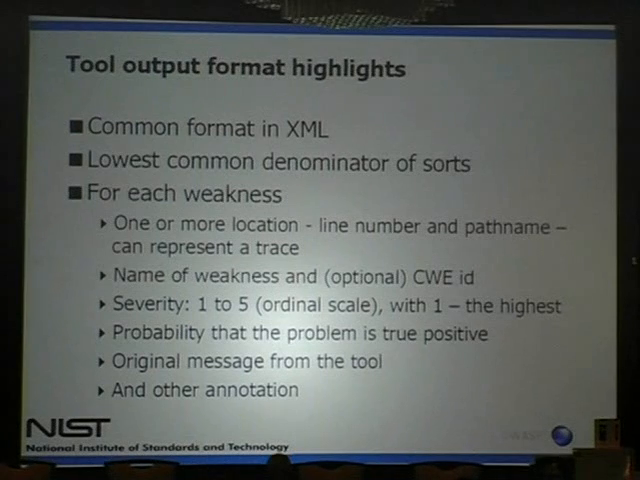In order to do the study, we had to have some common format. So we produced a sort of lowest common denominator of the tools that we looked at. Of course, for each weakness, the tool has to report 1 or more locations. If it's just 1 location, then that's it. Otherwise, it could represent a trace in the program. It reports a name of the weakness, and we also encouraged tool makers to report a CWE ID because that simplifies comparison. We asked them to rate the issues on severity from 1 to 5, with 1 the highest, and the probability that the problem is